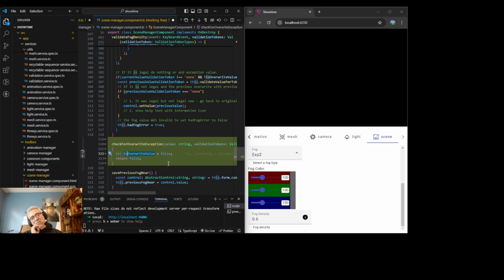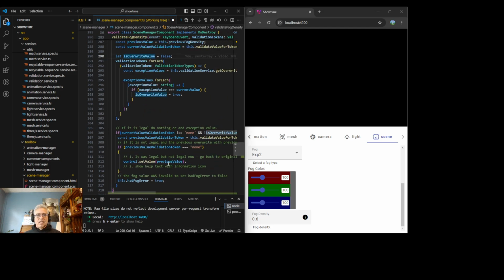is overwrite. Well, maybe is overwrite value. Is overwrite. Actually, that should be exception. So basically, we want to return whether it's an overwrite, whether the value is a, and maybe it'd be better to do that, is value overwrite exception. I think that does bring this whole thing together. Now we know exactly what this thing does, and